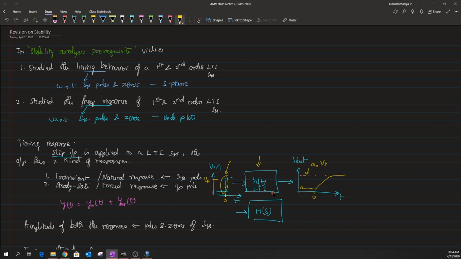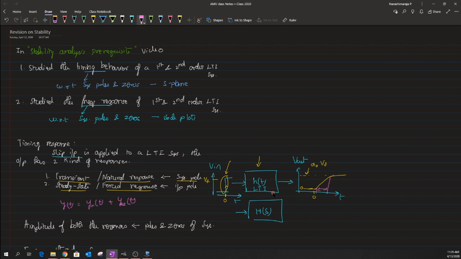During this transition from 0 all the way to the final output voltage, one could visualize that there are two major components involved in this signal transition. Okay, and those signal components could be broken down into what is known as a transient or natural response. The other one is the steady state or forced response. Now it's also been discussed in the prerequisite video that the transient behavior or the natural response behavior is basically defined by what is termed as the system poles. So in general the system poles define those transient behaviors, which means that I'm talking about this particular region where